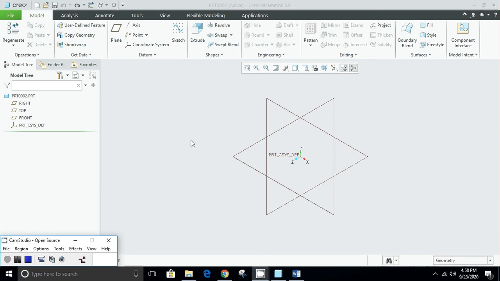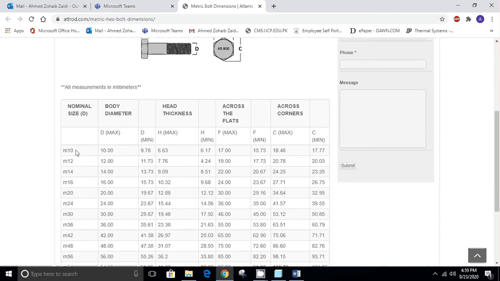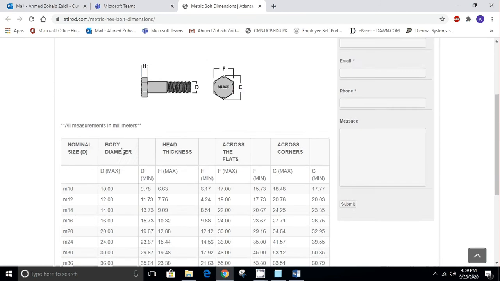In this video, I will show you how to create a hexagonal nut and bolt. The nuts and bolts are available in standardized sizes. For example, in the metric system, the bolts are available in these nominal sizes, for example M10, M12, M14, M16, and